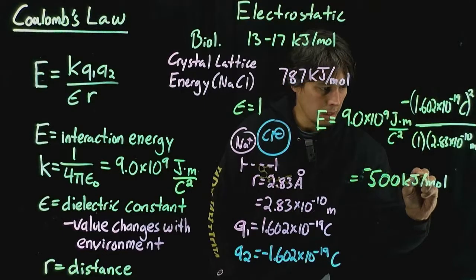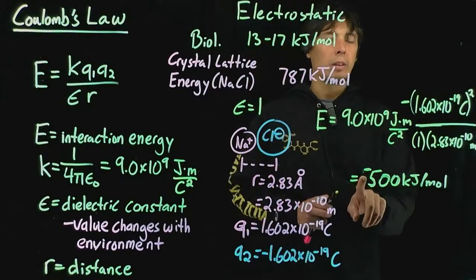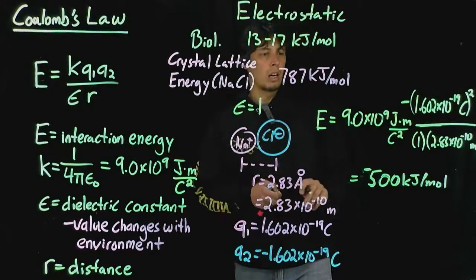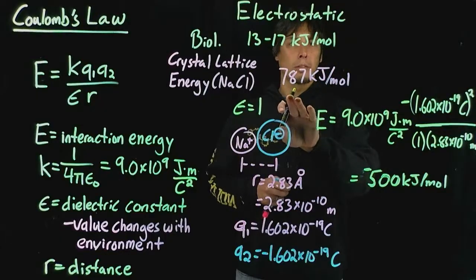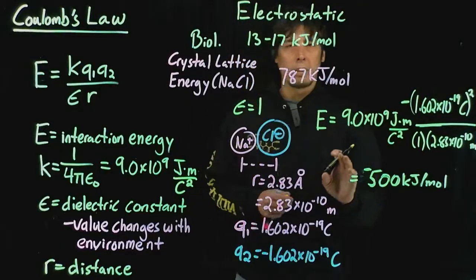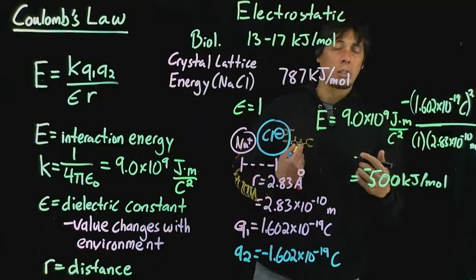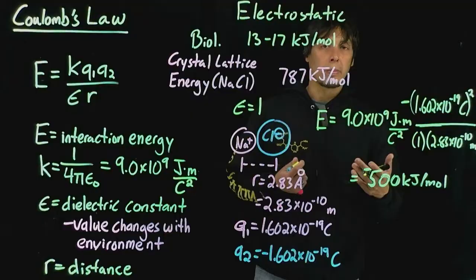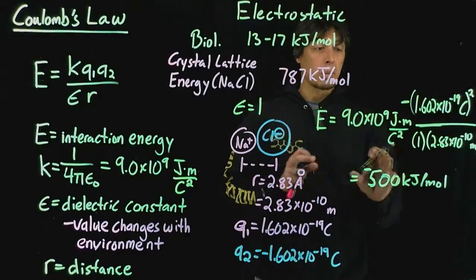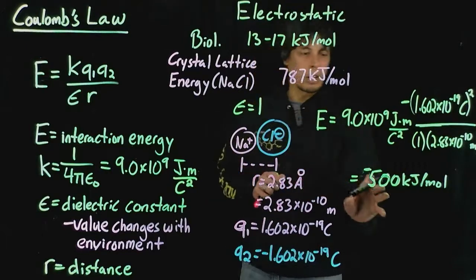What that indicates is that, one, we have a negative value, so that interaction is favorable. And then it's about the same as what we get for the crystal lattice energy. The crystal lattice energy is an experimental value, so we have a discrepancy between these two energies because there are other factors, such as long-range interactions between the ions that help to strengthen this interaction, that we're not taking into account in our very simple calculation here, okay? But this is our calculated energy.